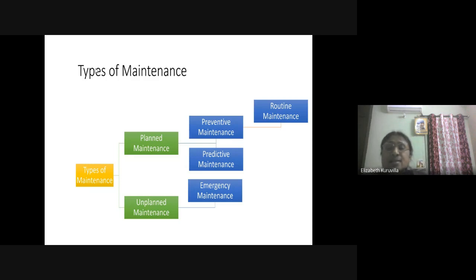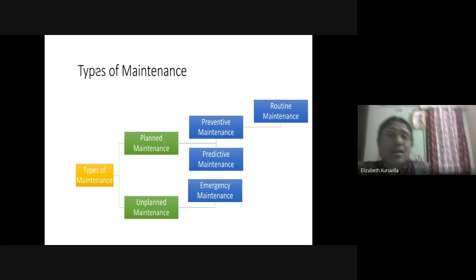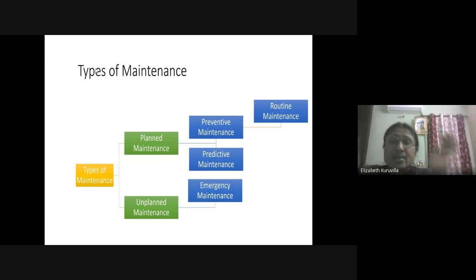So in those cases, a lot of maintenance is needed. This maintenance is not planned because no one can predict these climatic changes. It is the decision of the creator what is happening. So here we can say that an unplanned maintenance cost should be there.